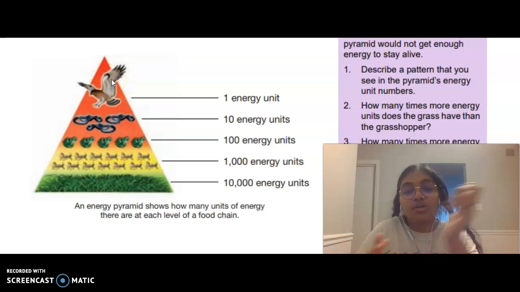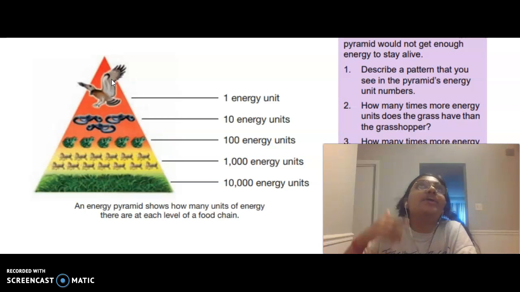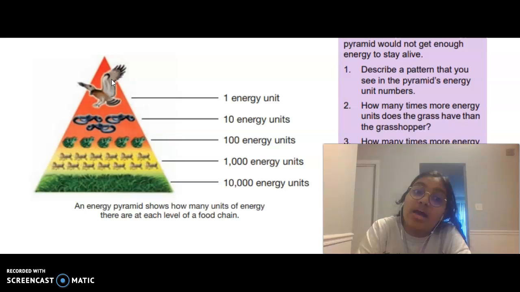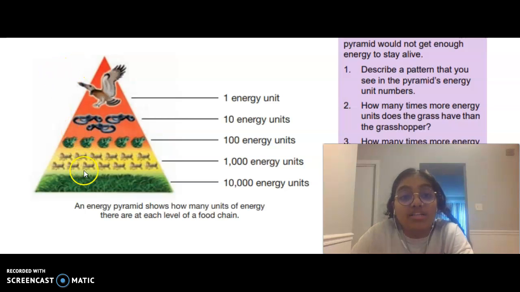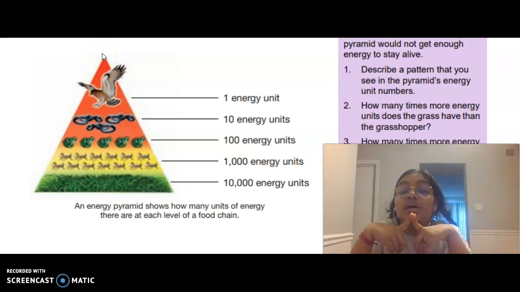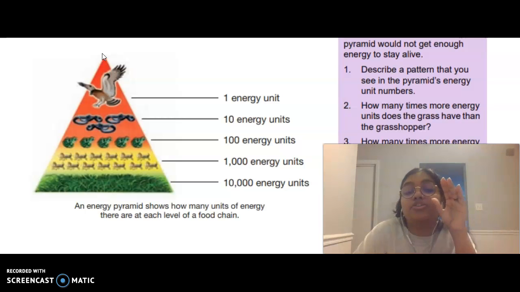Now, have you ever wondered why it's in the shape of a triangle? Why is it not a square or a circle? Well, the answer is because at the very bottom it has a larger base, which means in terms of energy it has a lot of energy compared to the top where it's a point. It is a relatively smaller region compared to the base, which means that it probably has less energy. Because it is wider at the bottom and narrower at the top, that's why we preferably use a triangle as